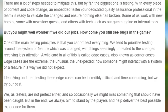Some of us work with new horses, some with new story quests, and others with tech such as our game engine or internal tools. But you might well wonder, if we did our jobs, how come you still see bugs in the game? One of the main testing principles is that you cannot test everything. We tend to prioritize testing around the system or feature which was changed, with things seemingly unrelated to the changes